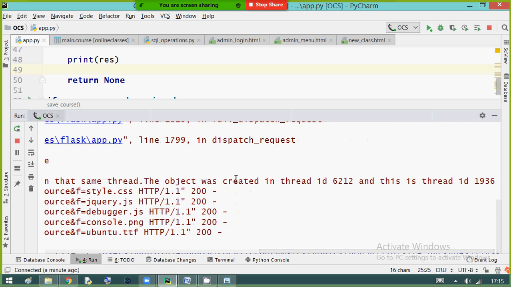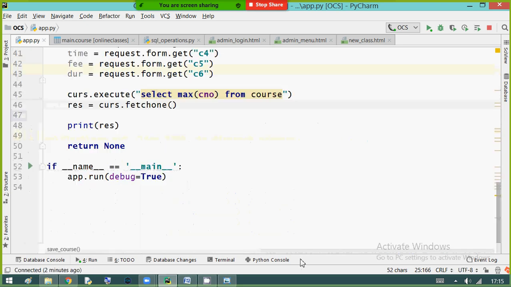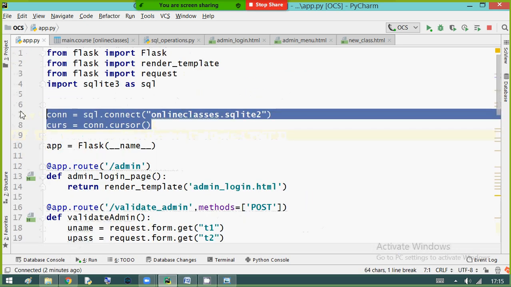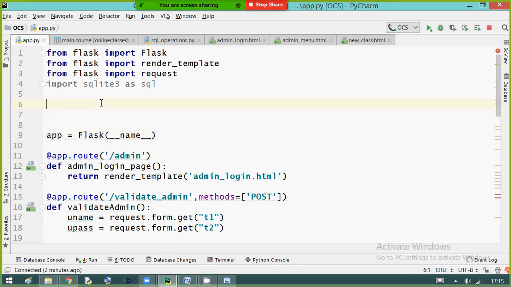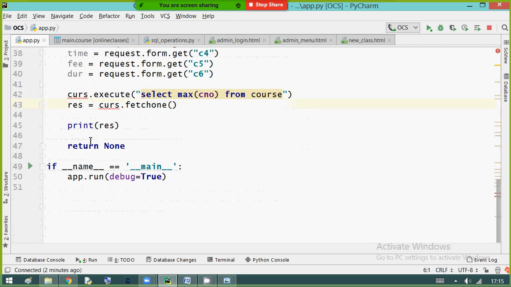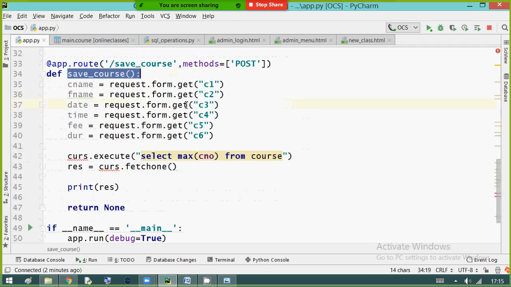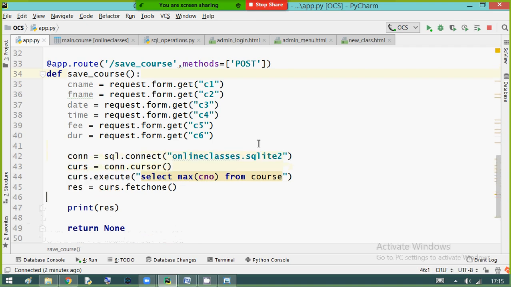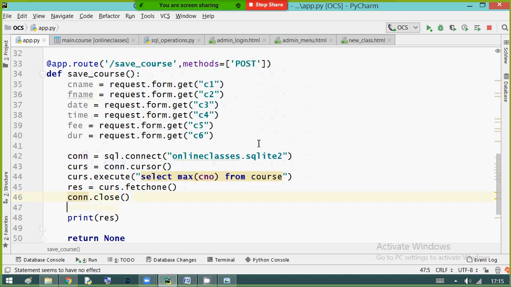Yeah, we have this one problem, guys. So what is recommended here is that this connection process also will be used inside the function. Once the process is finished, we'll close that. Connection dot close.